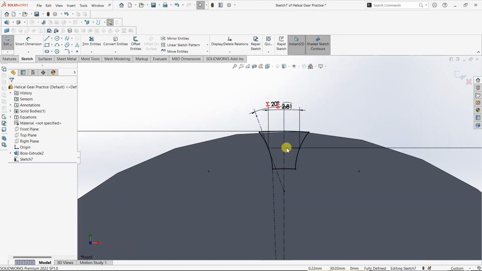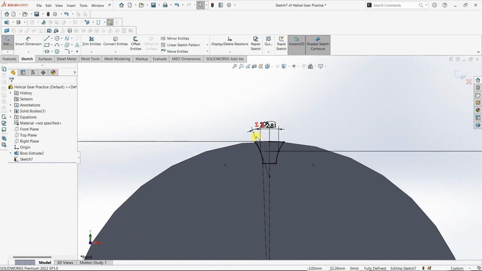Now we are done with the cut profile. So in case of spur gear, you can simply use extruded cut, and under end conditions you can use through all in both directions, and then you can use circular pattern under features. But as this is helical gear, we need to define the cut path as well. So before doing that, I'm going to extend this cut profile